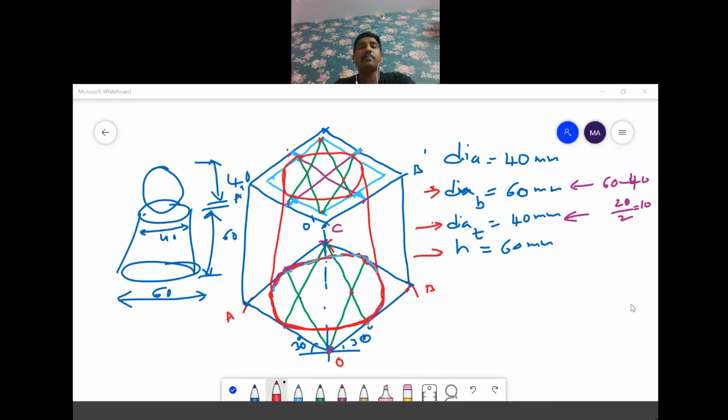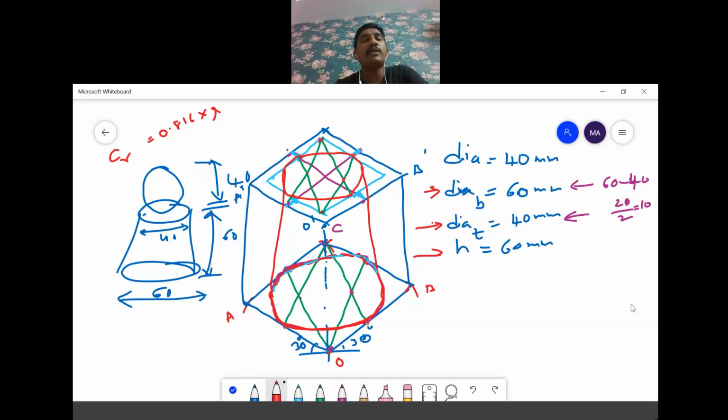So then you have to draw a sphere. How will you draw the sphere? For drawing the sphere, you have to mark the center. For that you have a formula here: 0.816 into r. This is the formula for finding the center of the sphere, where R is nothing but the radius.